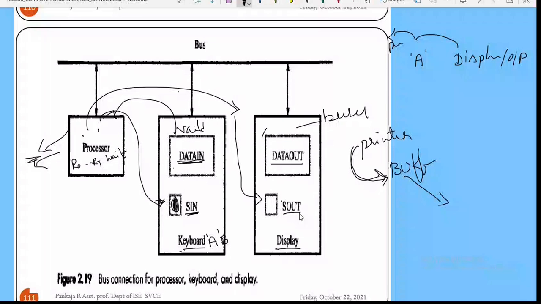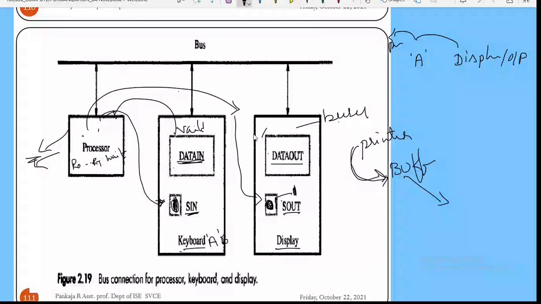If it is busy, this is set to 0. If the display becomes free or ready to receive data, immediately this flag is set to 1. When the processor, which keeps checking this flag, finds it set to 1, it sends the data to the output device. That data is first stored in a buffer or register called data out, and then it is displayed from there.